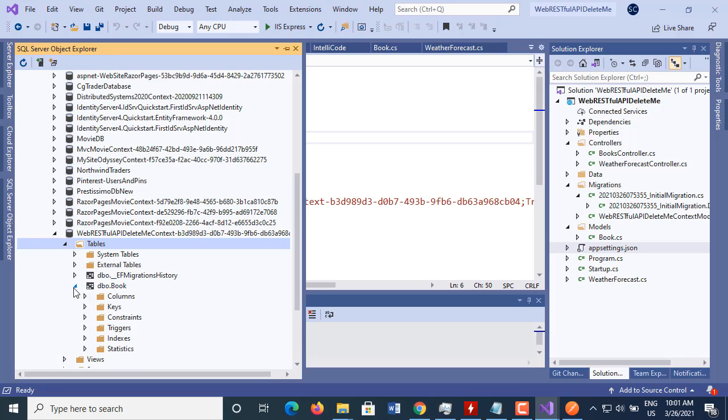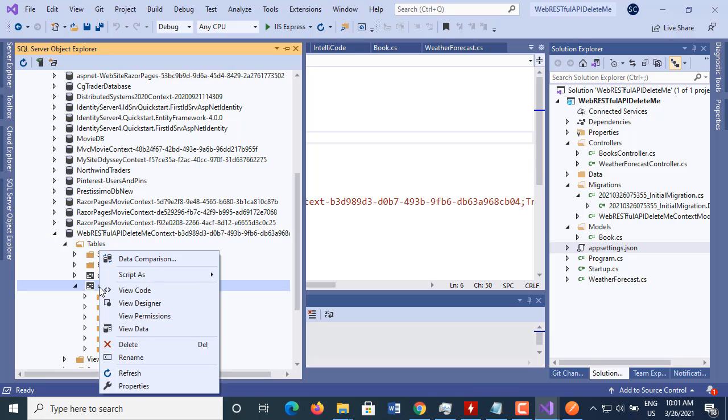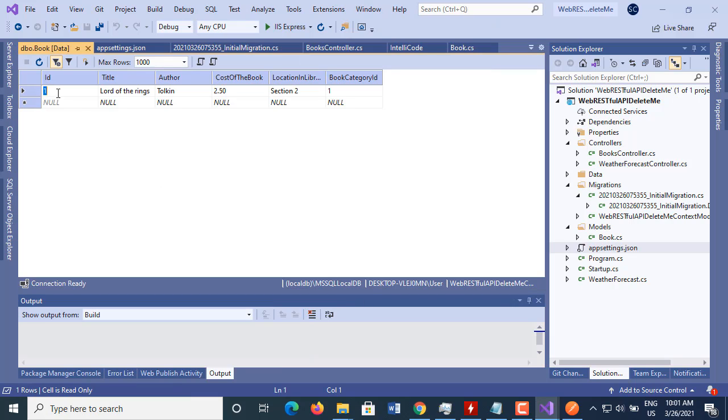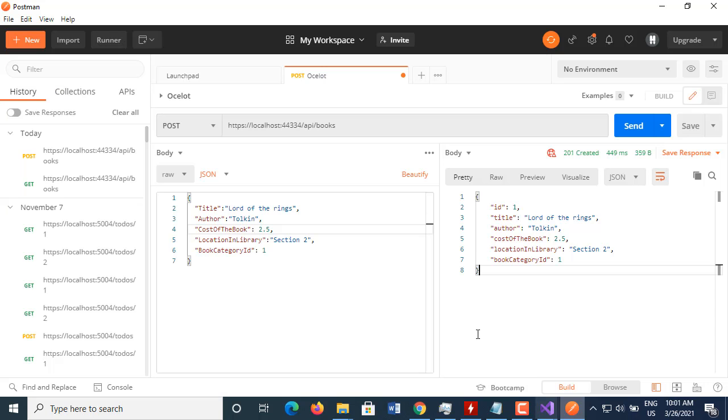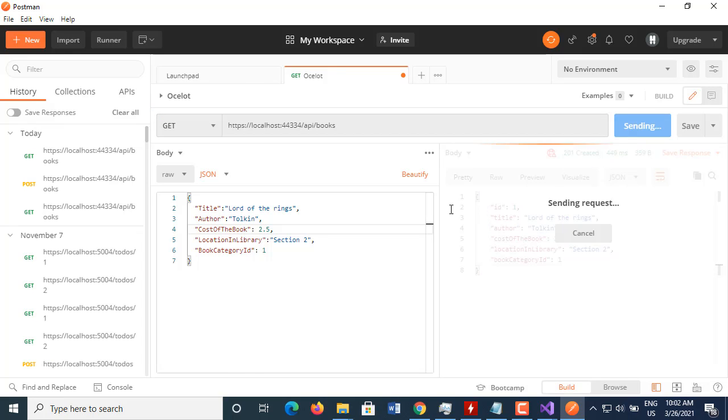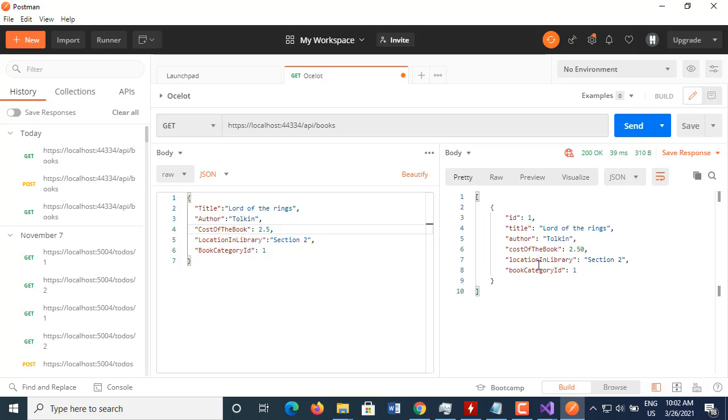Book. Here we go. Go and click with the right mouse button: view code, view design, view data. And here we go, Lord of the Rings, Tolkien, 250, section 2. Of course, we can see it from our RESTful API here. We are gonna change it to get. We're gonna send the request, and we are getting back